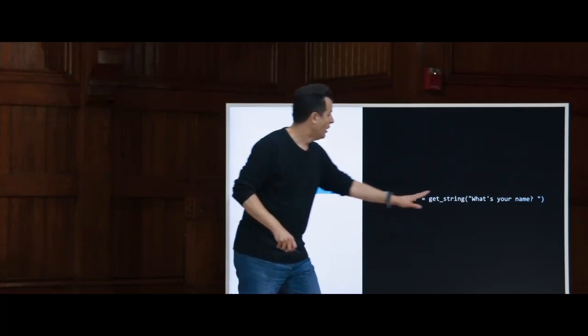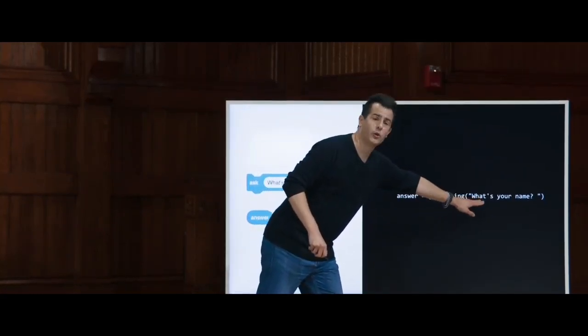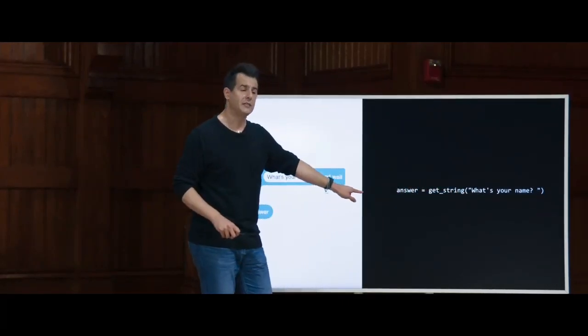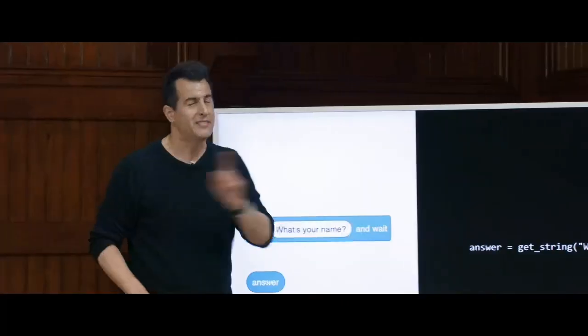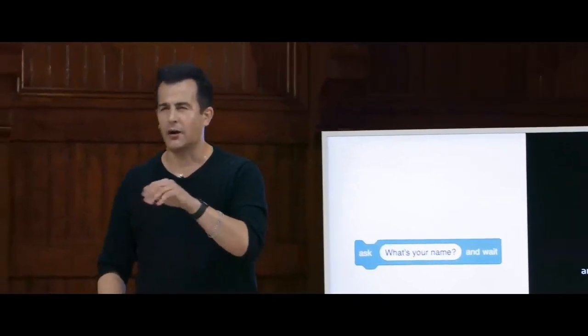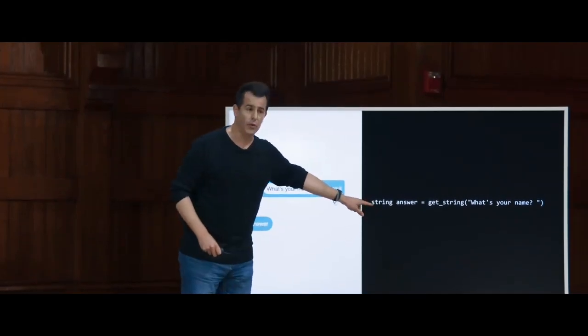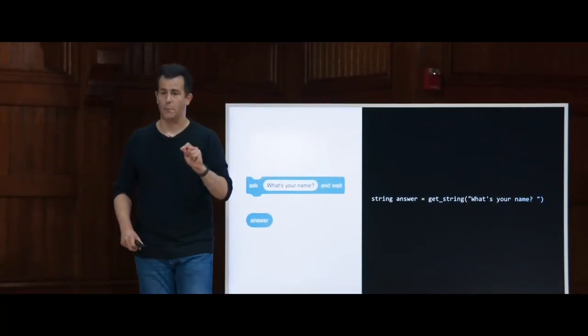But this means now, ask the user what's their name. Whatever they type in, go ahead and store it from right to left in this variable called answer. But C's not done with us yet. If you've learned Python or certain other languages, you'd kind of be done writing code at this point. In C, though, you additionally have to tell the compiler what type of variable you want